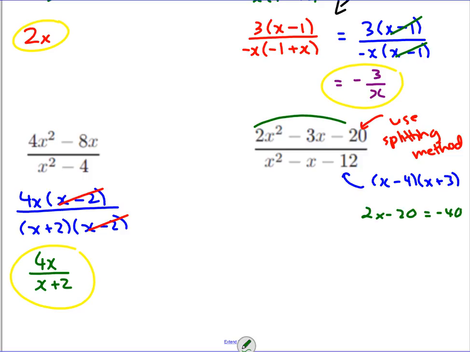Multiply the view with negative 40 and add the view. Oh my God. Are you going right now? What about